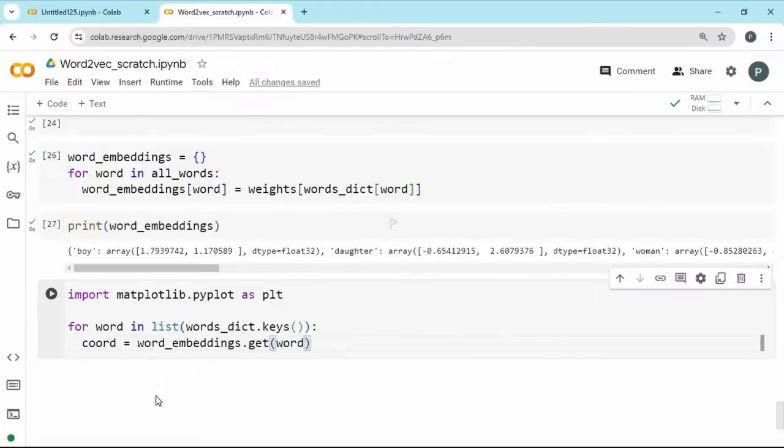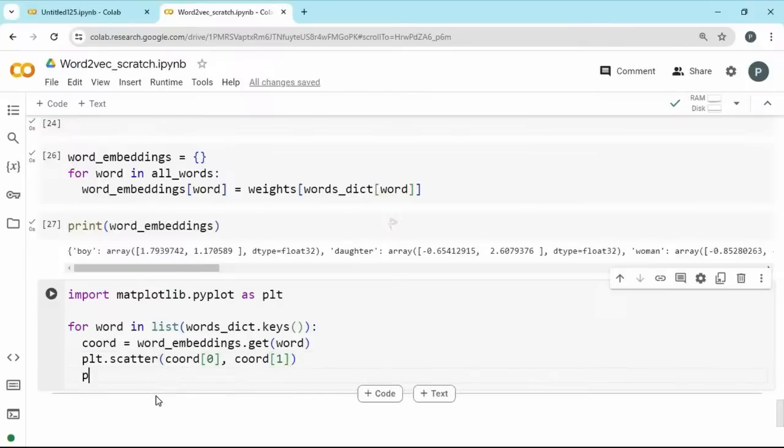Maybe if you look for boy, it is going to get the x and y axis, and we just need to plot a scatter plot where the x axis is going to be the coordinates of 0 and the y axis is going to be the coordinates of 1. And we can also do some annotation, which is to tell what it is. So the word, and then we pass the coordinate of 0, coordinate of 1. So if you run this,